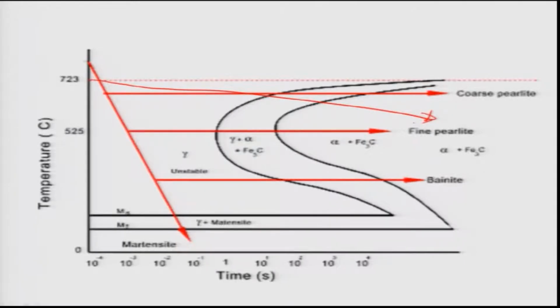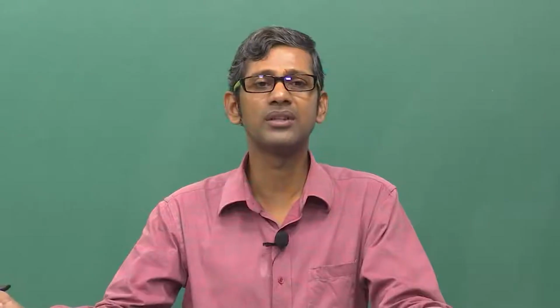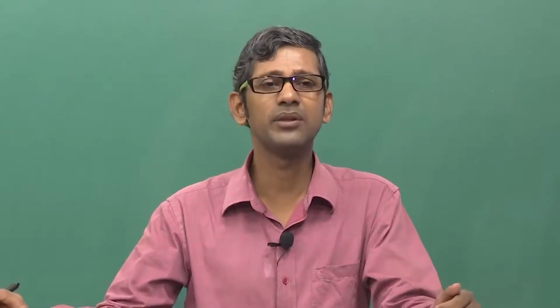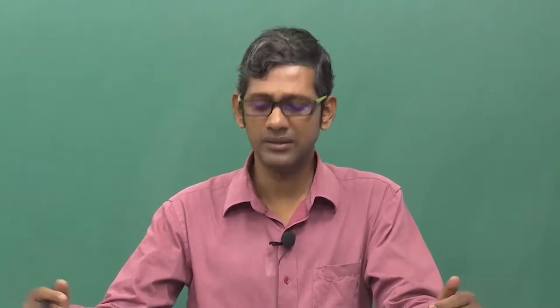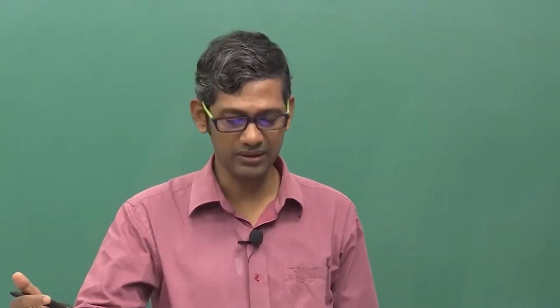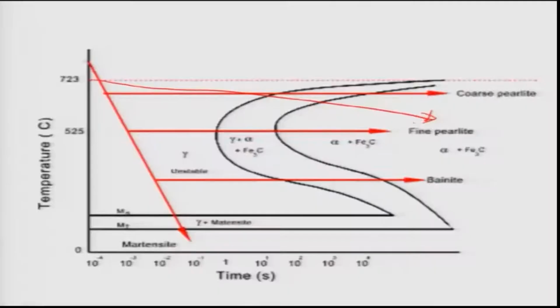That is another advantage. That means what? Even when I take the sample out from the furnace and keep it outside, just by keeping it on some hot plate, pearlite can be formed. You do not need to cool it fast. That is why alloy steel has more advantage in terms of hardening, as far as these transformations are concerned. Similarly, if you cool it intermediately and keep it a long time, bainite will form,